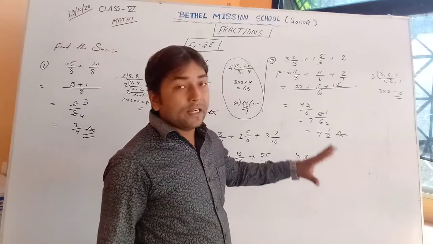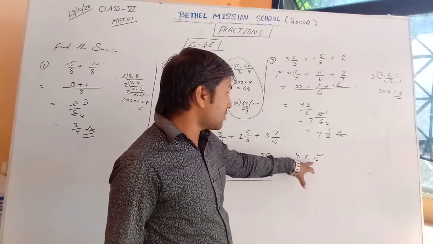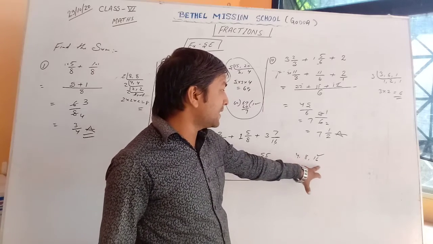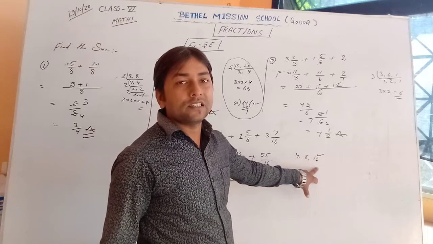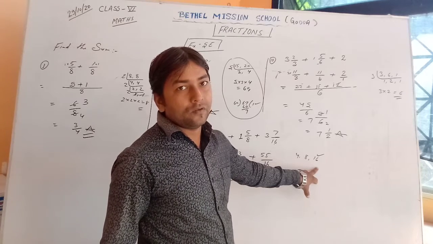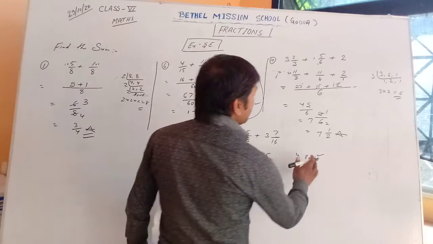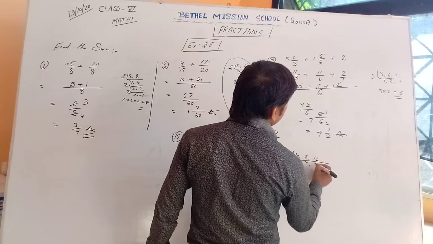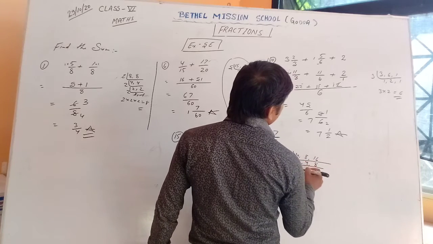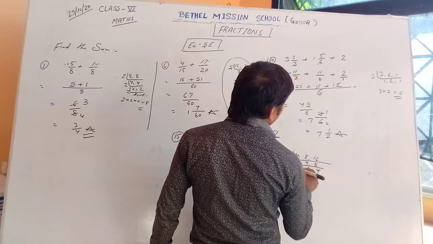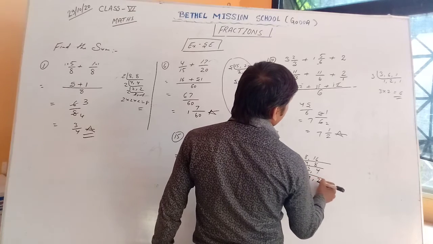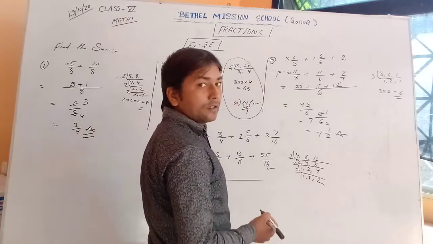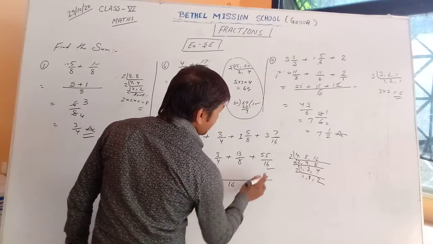Again, if the smallest number's factors reach 16, so 16 will be the LCM. Or you can do the division method: 2 2s are 4, 2 4s are 8, 2 8s are 16. Again 2 1s are 2, 2 2s are 4. Again by 2, 2 1s are 2 and 2 2s are 4, 2 4s are 8, 2 8s are 16. So 16 would be the answer.